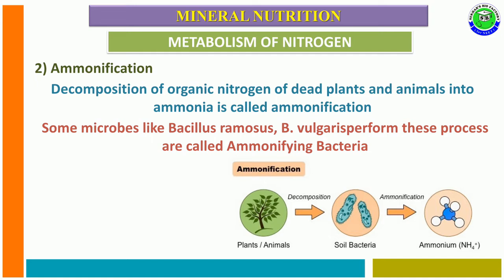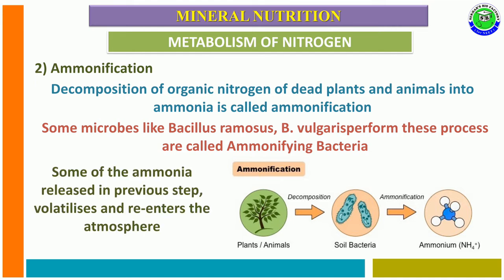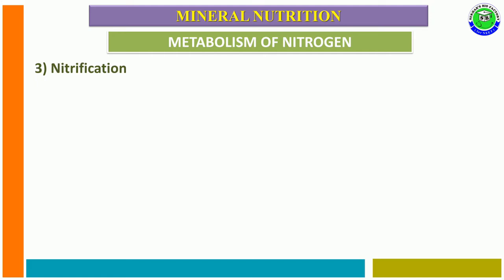Some microbes like Bacillus ramosus and Bacillus vulgaris perform the process of ammonification and are called ammonifying bacteria. Some of the ammonia is released, volatilizes or re-enters the atmosphere. And the third step in the nitrogen cycle is